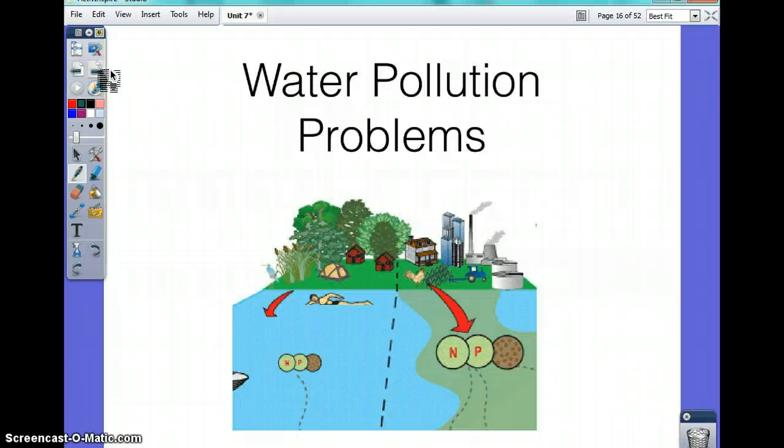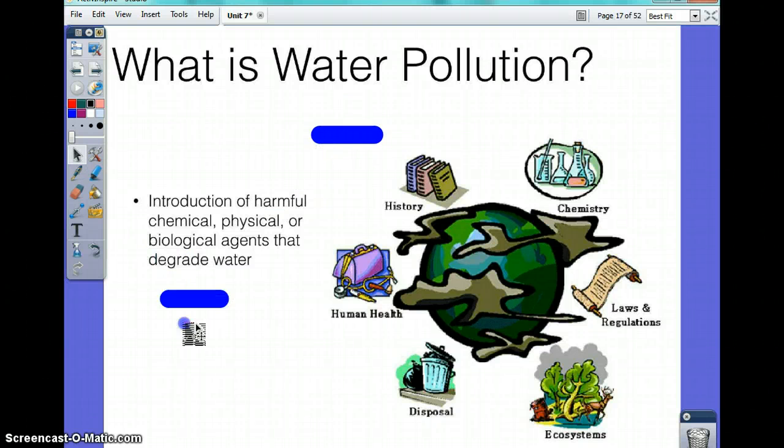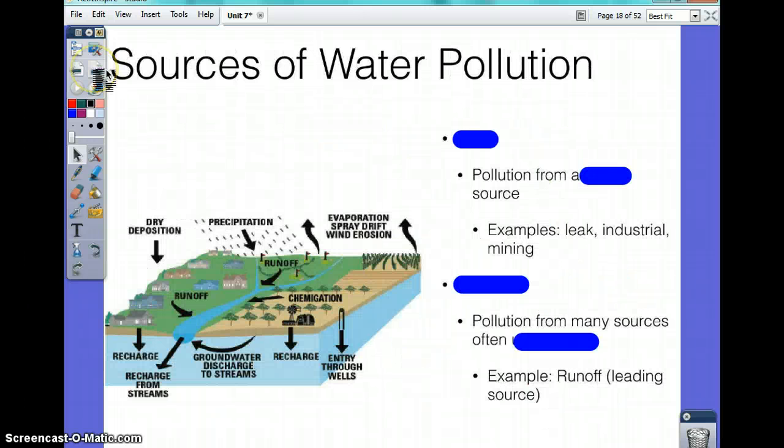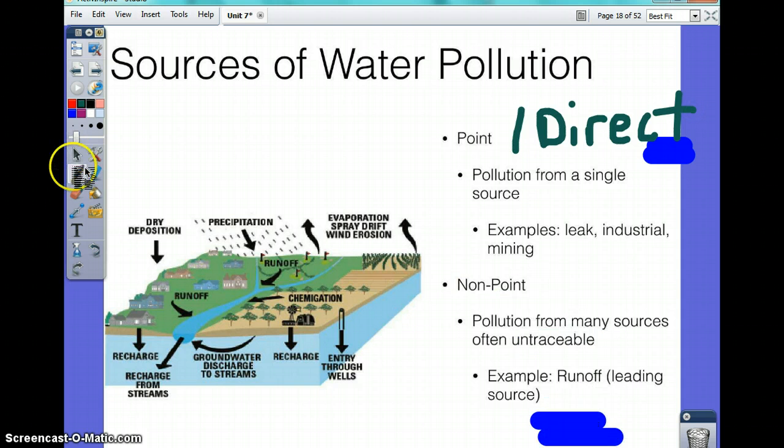Water pollution problems is what we're going to talk about next. So what exactly is the definition of water pollution? I touched upon it before, but it's the introduction of harmful chemical, physical, or biological agents that wind up degrading the water supply. Okay, so sources of water pollution. There are two sources. Can someone tell me, what is pollution from a single source? Yeah, it's point pollution. Examples of point pollution would be leaking, industrial, mining, that kind of thing. And then pollution from many sources, which is often untraceable, is exactly. And the leading source or leading example of non